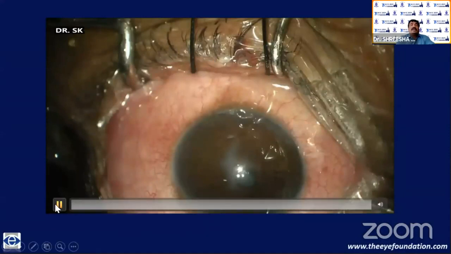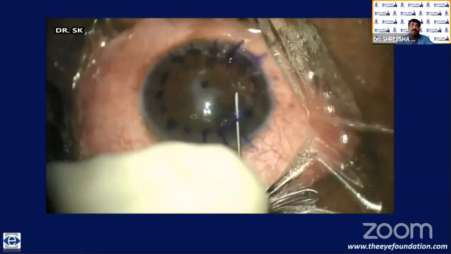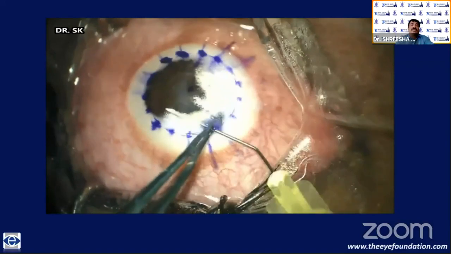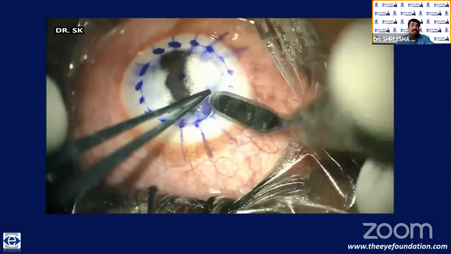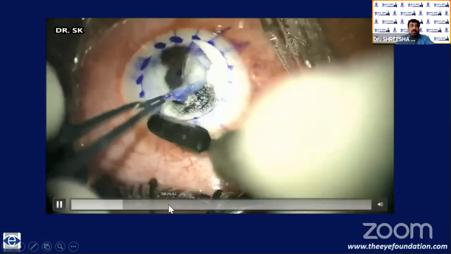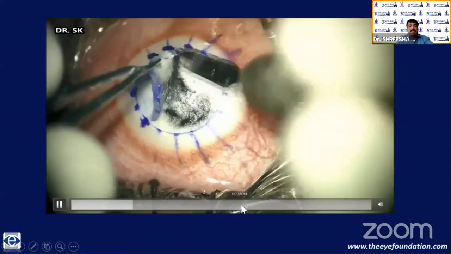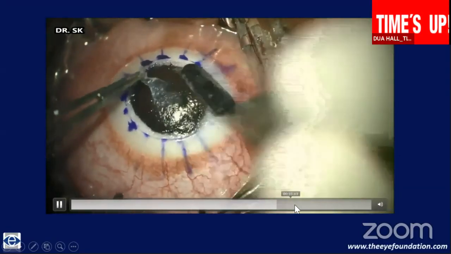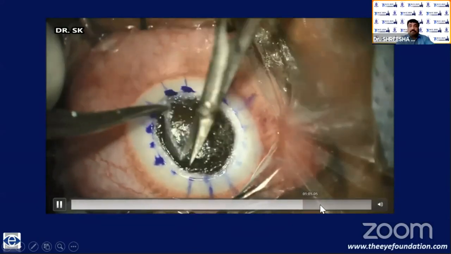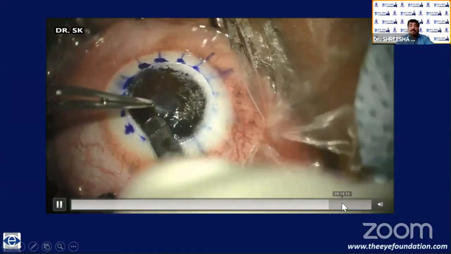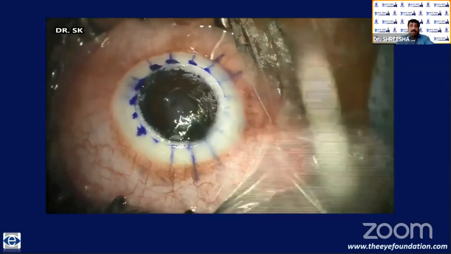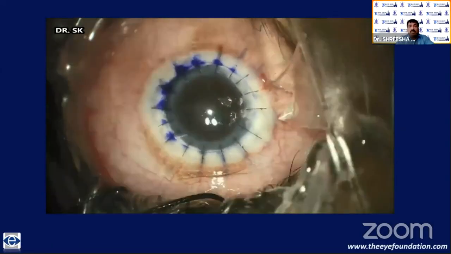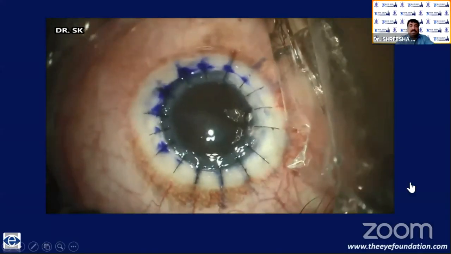And here again, I usually inject an air bubble, not to form a big bubble, but superficially, not directing towards the hydrops area, the healed hydrops area, the scarred area. So I go layer by layer dissection and do a pre-Descemetic DALK. It gives excellent results. In these cases, if you have an intraoperative OCT, it will be very useful. But even without that, with experience, you can go ahead and complete the DALK procedure.